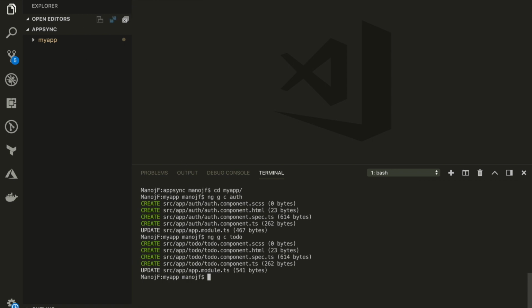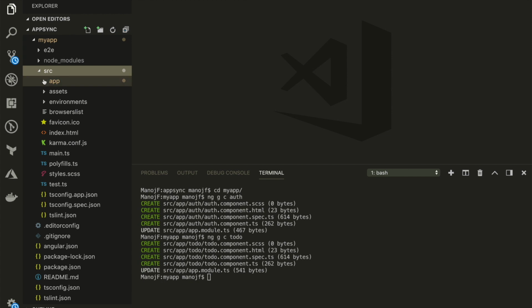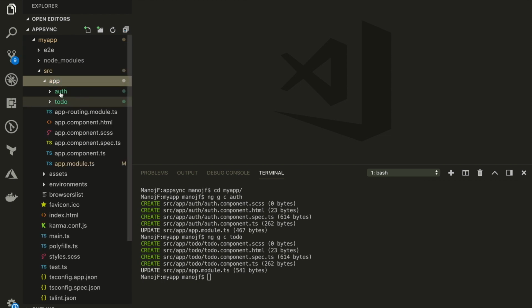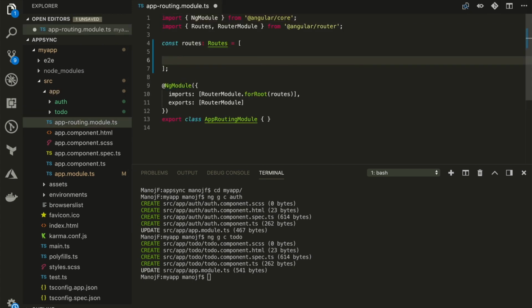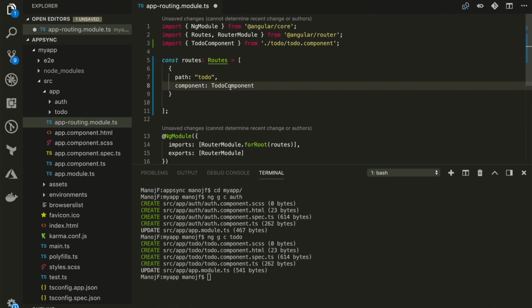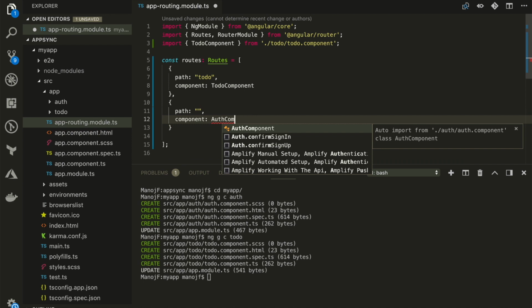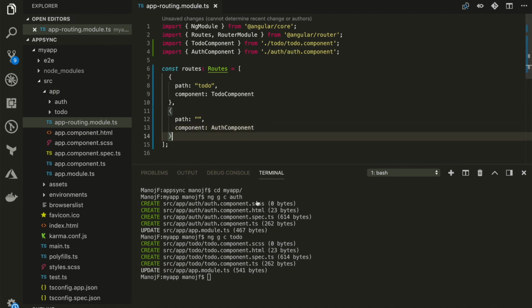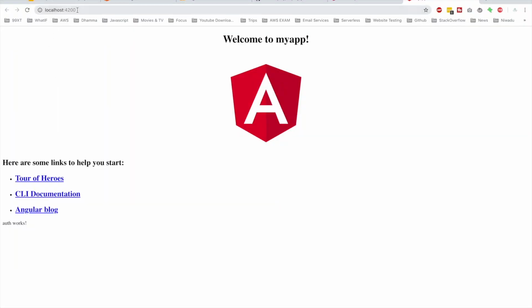Okay, both the components are created, and if I open my app folder, into the src folder and into the app folder, you should see those two components. So I'm going to set the routing as well. I will go to the app routing module and let's set two paths. Path to-do will render the to-do component, and another default path will render the auth component. So let's see if everything is working. I will type ng serve. When I open the application, it should render the default route, and you can see